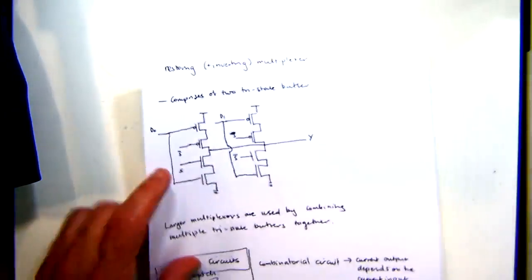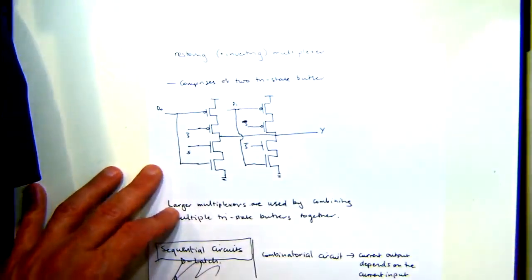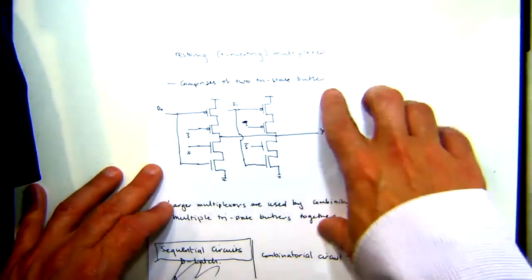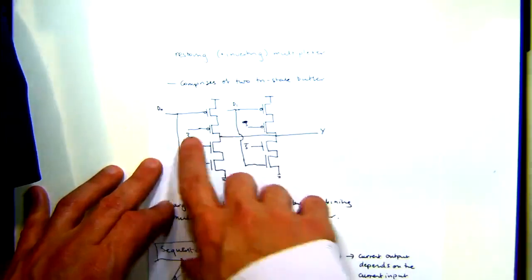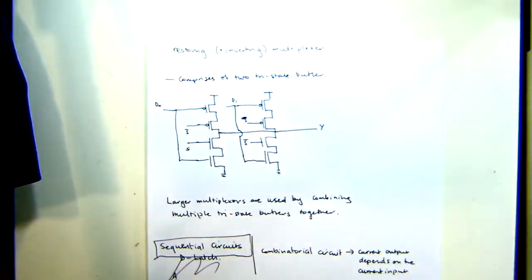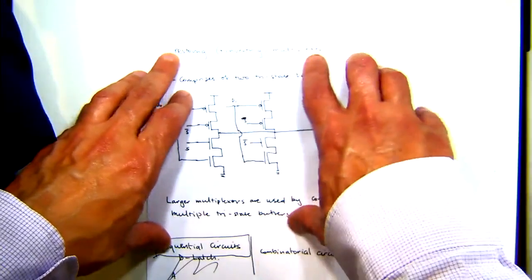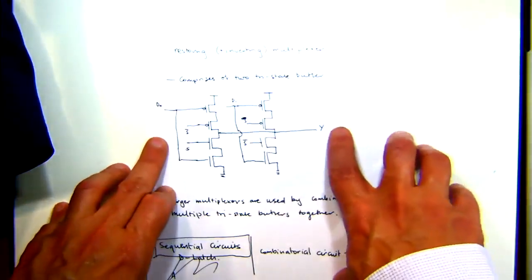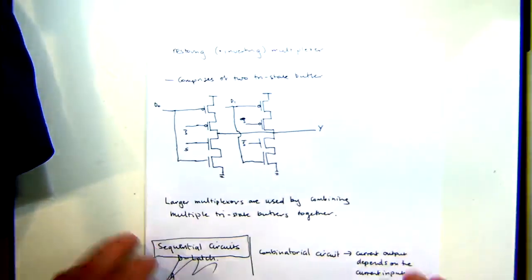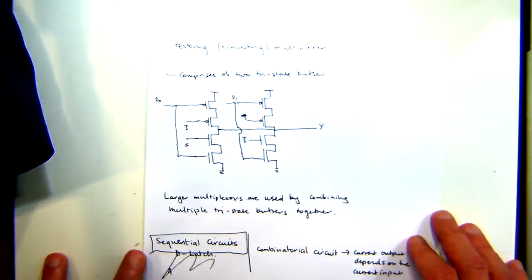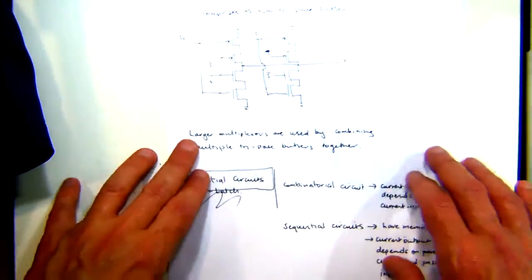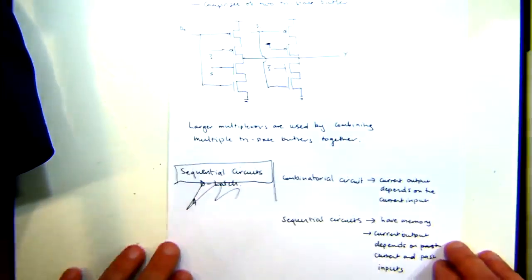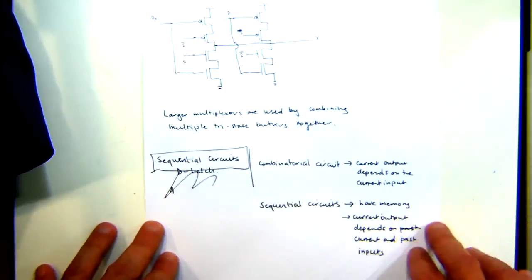We then, I showed you very briefly how to build a tri-state buffer, which was essentially restoring our multiplexer using these tri-state buffers, and we've shown you how to build those kind of circuits. Right, and then what we went on to then was to talk about combinatorial and sequential circuits,